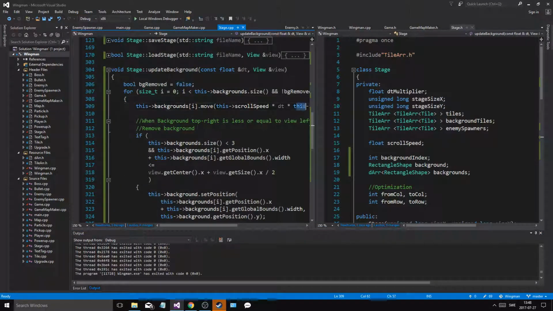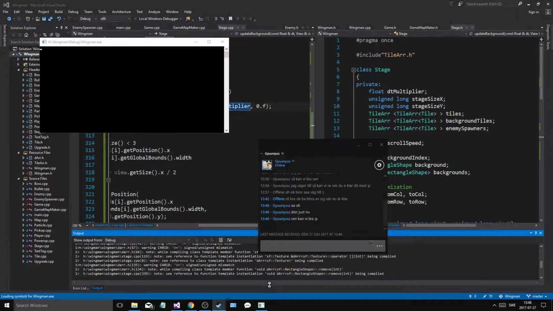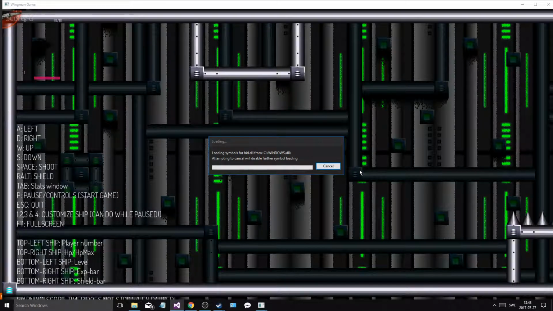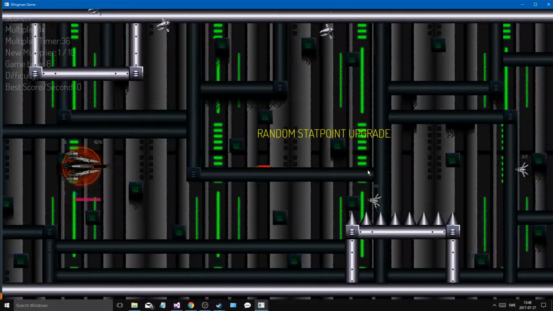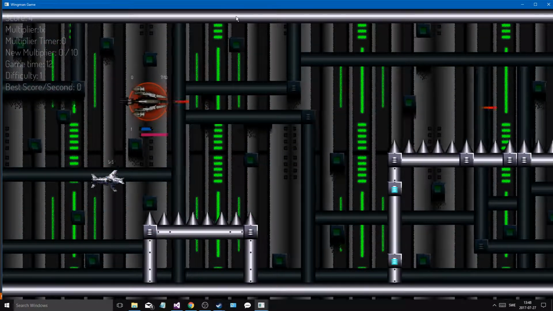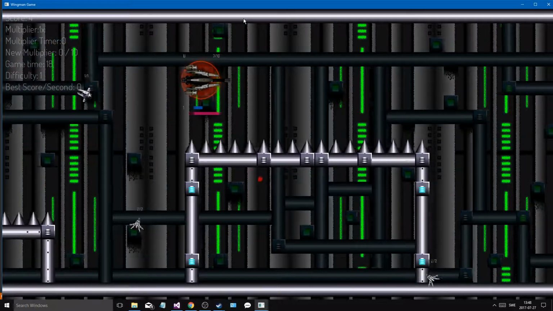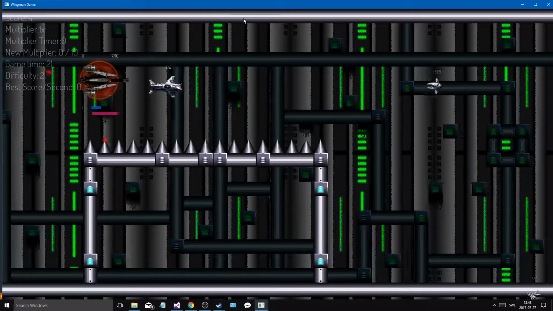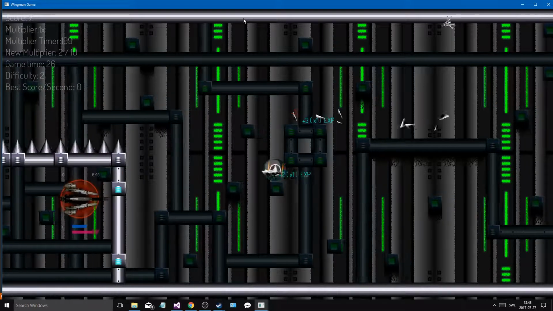What if we set the scroll speed of the background to the same thing? I just want to see what happens now. Okay, cool. Alright, let me just see what happens. It's not jittering, which is nice, good to know. I really don't like that it's doing this though. I don't know why it's doing that. That whole thing right there. Right there. I don't know why it's doing that, because nothing else does that. It's only